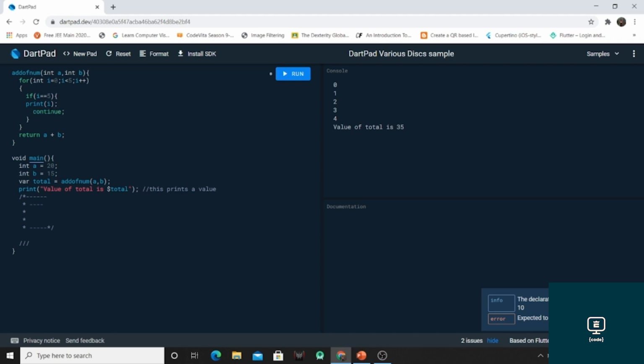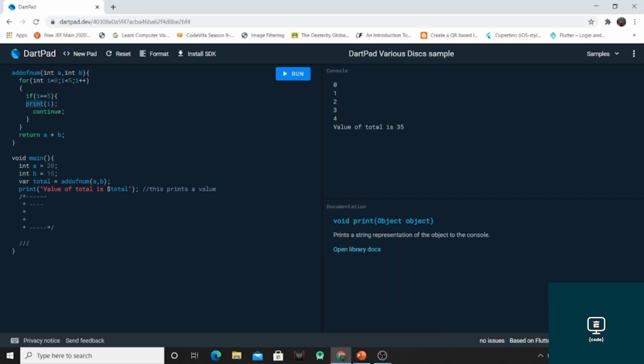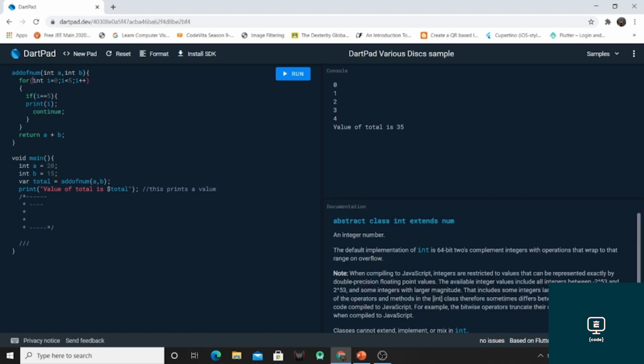So what this continue keyword will do: whenever this condition is satisfied, at that time this print statement will execute, and after executing that, the iteration will continue from this for loop. Anything specified after this continue statement will not be implemented.